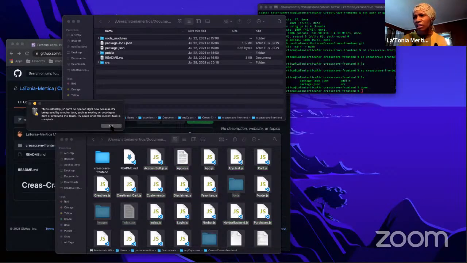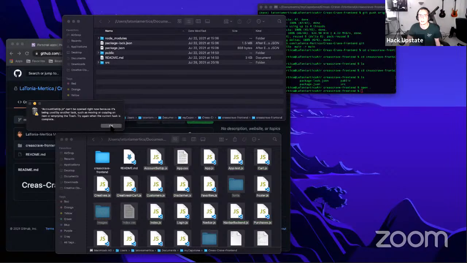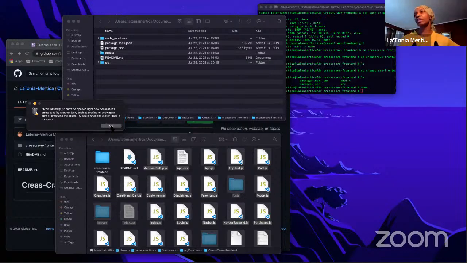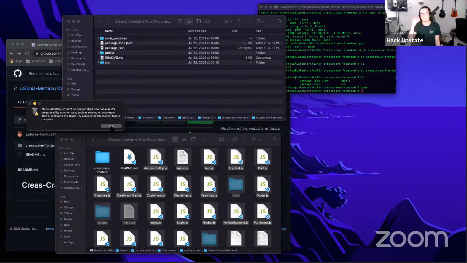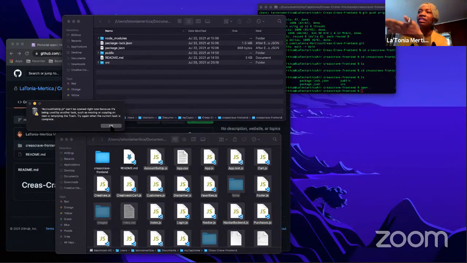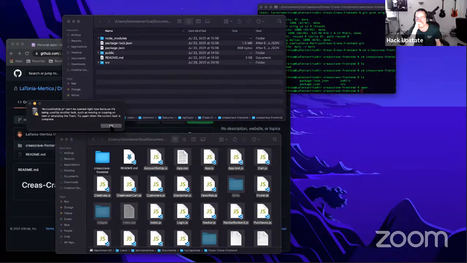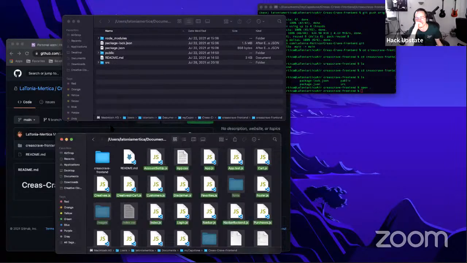It's being used by another task, such as moving or copying an item. It might be working in the background trying to copy them. This is why I like the terminal more. I thought it was going to be me literally pulling a folder out. Hit OK and then